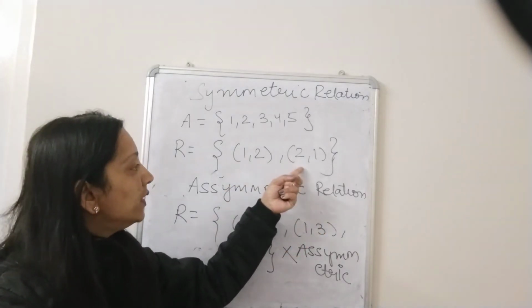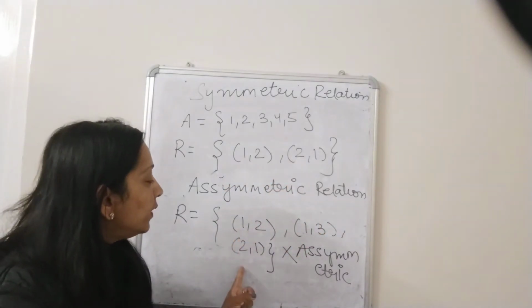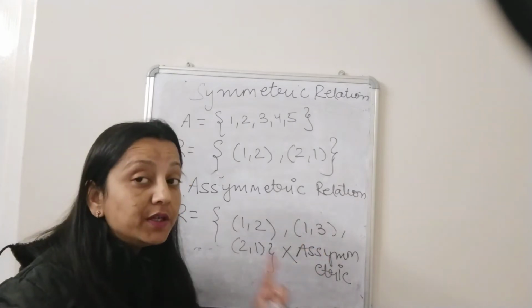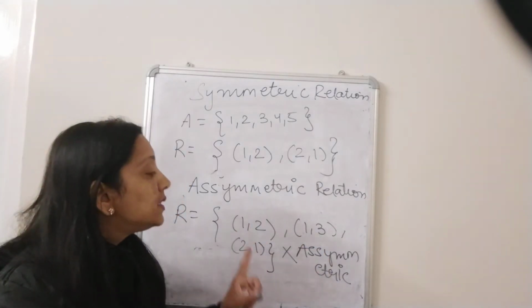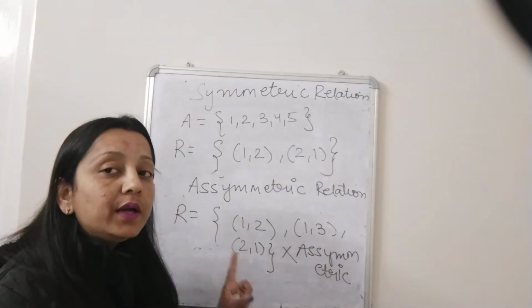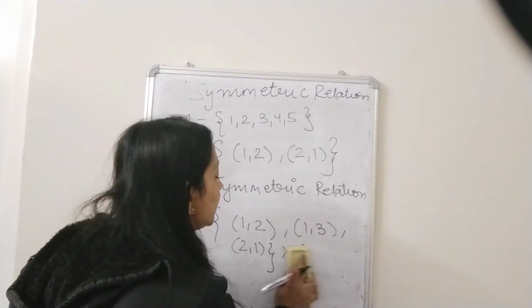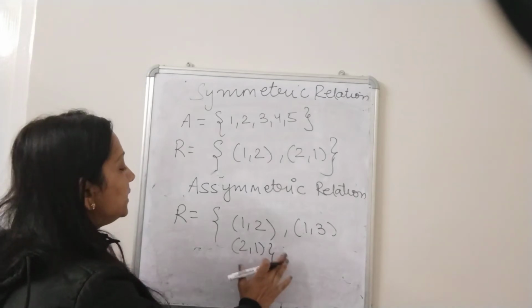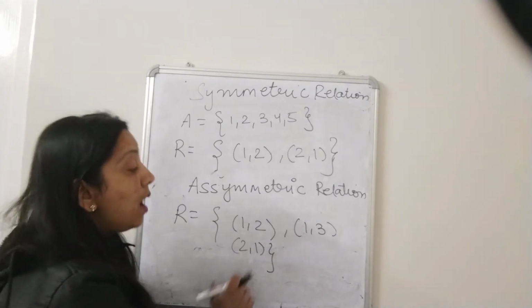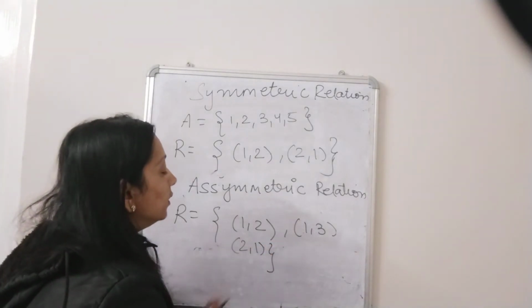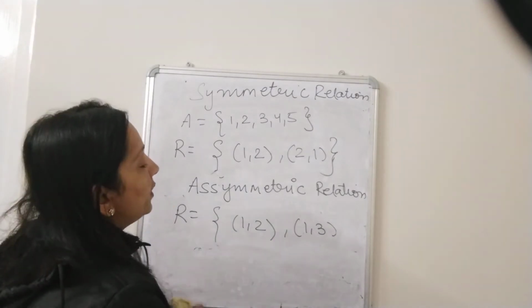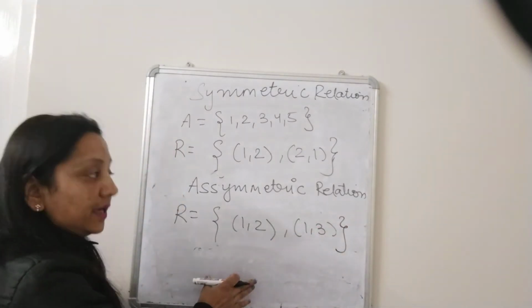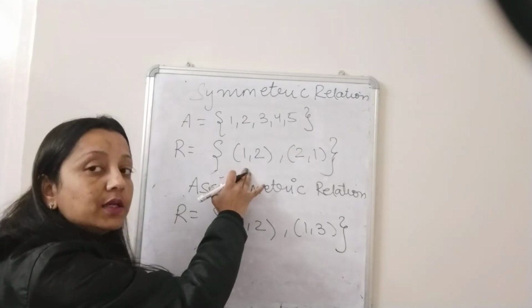So for 1, 2, 2, 1 is existing, but for 1, 3, 3, 1 is not existing. So this is not symmetric and neither asymmetric. So this is the concept of symmetric and asymmetric relations. Here you can clearly see this is not an asymmetric relation, but it is not symmetric either. And if I remove this ordered pair, then it becomes clearly an asymmetric relation, and this is clearly a symmetric